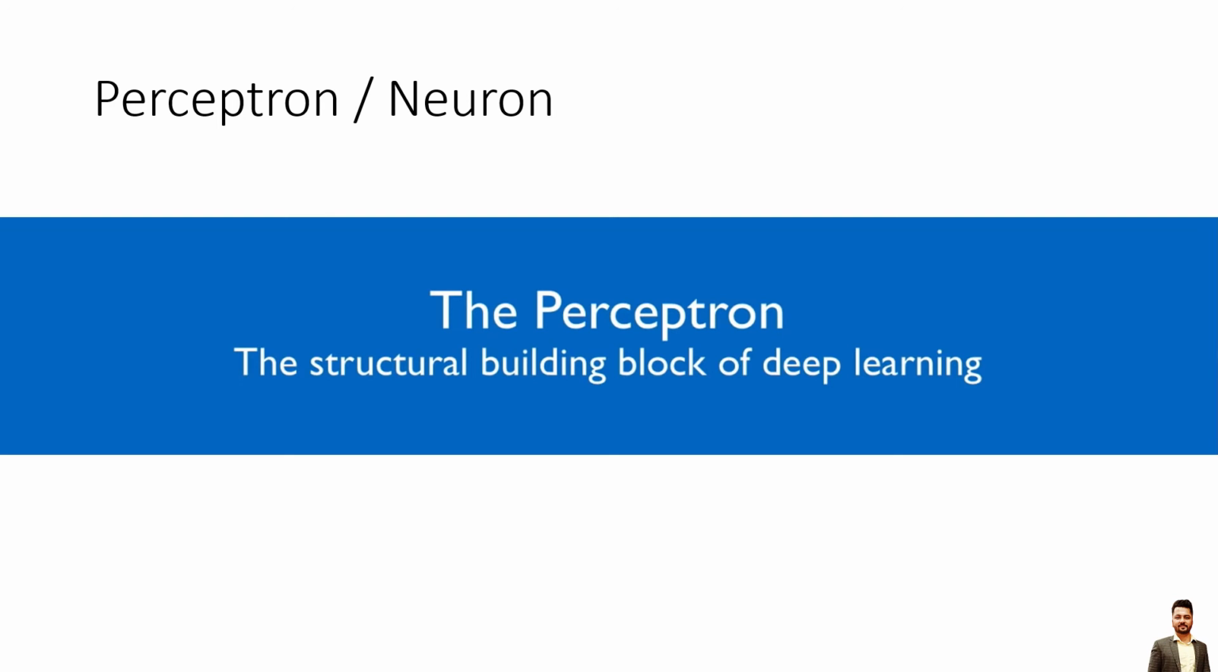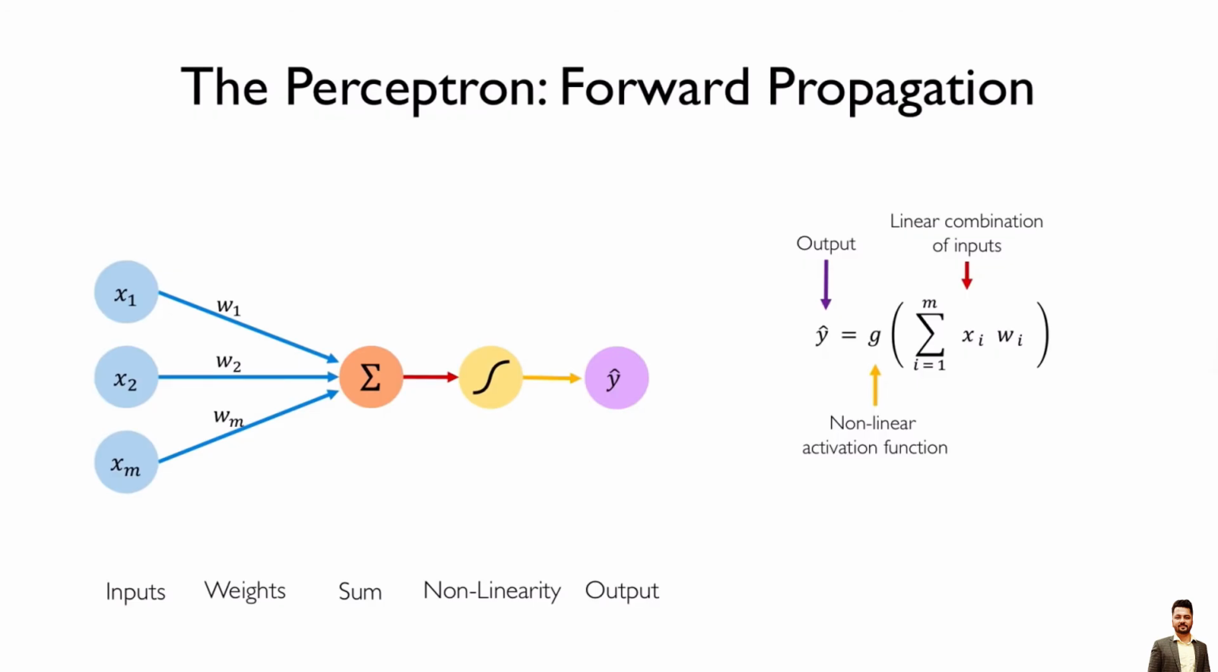So what is a perceptron? It is a structural building block of deep learning and it is also called a neuron. And how it works, let's see. Now you can see clearly that x1, x2 and xm, these are the inputs. This m can be any number, for example m is equal to 100, so x1 to x100 there will be 100 inputs, and similarly we will be having a corresponding weight w1,